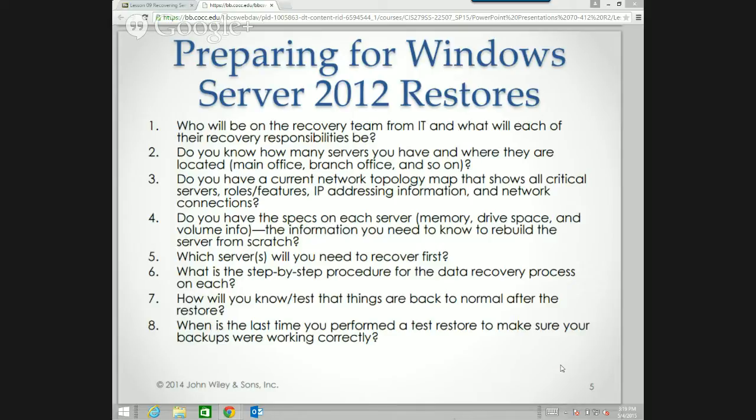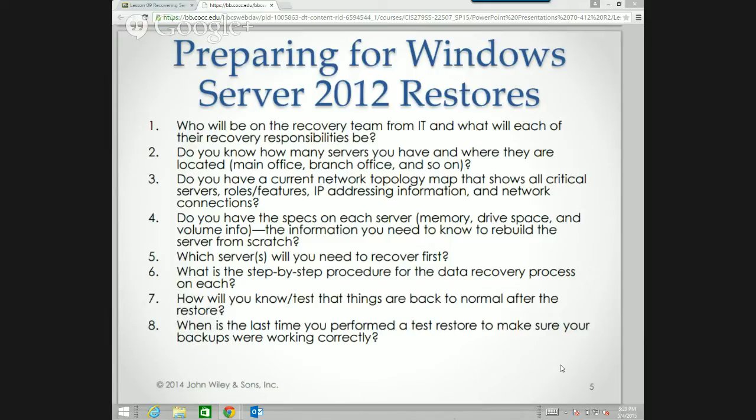So, for example, the way we back up and restore SQL Server and databases will be different than how we back up and restore Active Directory, right? It would be different than how we back up and restore, say, a web server. So we really need to understand the ways we can recover. Do I have to do a bare metal restore to restore my Active Directory? No, I could just restore the Active Directory portion itself, if I backed it up. The DNS itself, DHCP, all of those need some sort of backup.